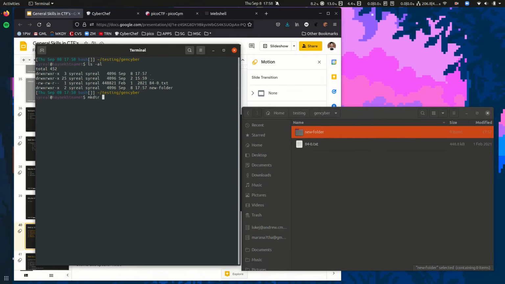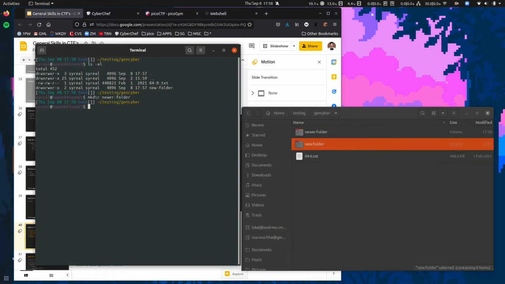So how do you make a folder in the shell? It's using the mkdir command. And you can see that newer folder pops up in the graphical interface immediately.